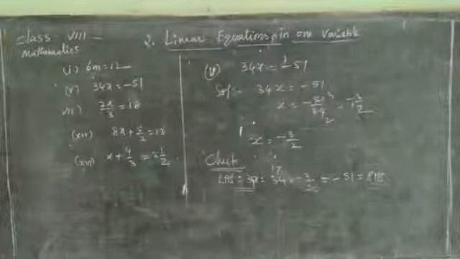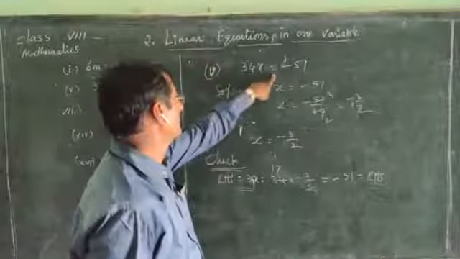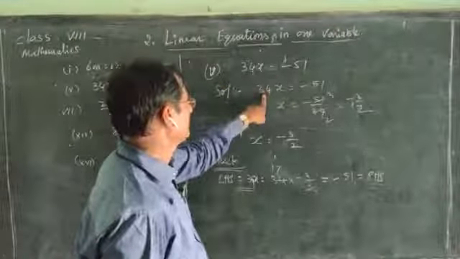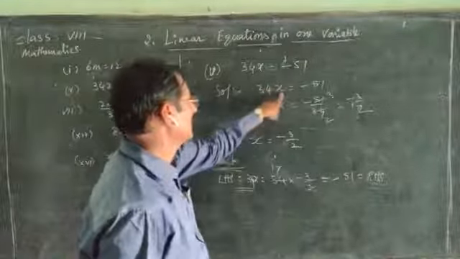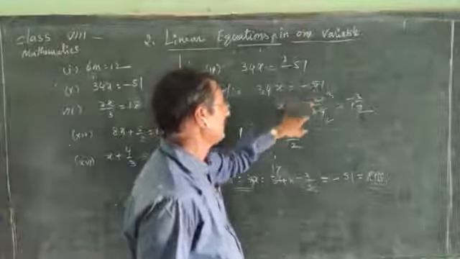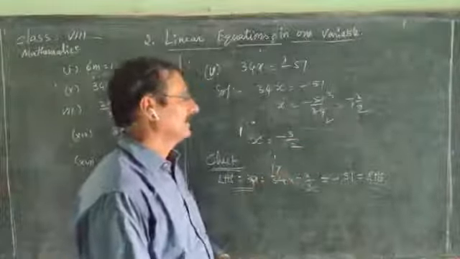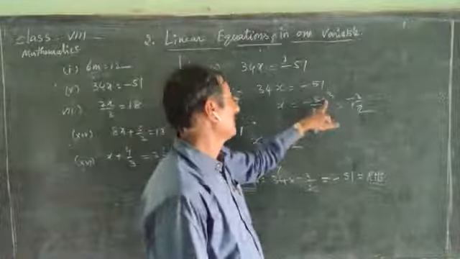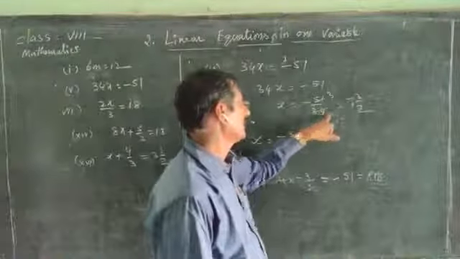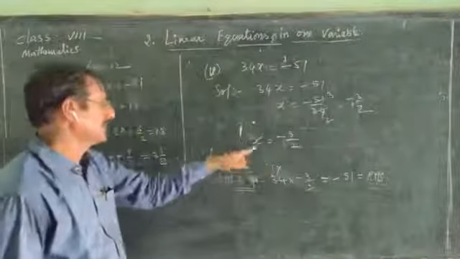Next, once you observe it, second sum, 34x equal to minus 51. Send this 34 to that side, it becomes division because it is 34 into x. Multiplication quantity becomes division quantity. 17 is a common factor in both the numerator and denominator. By division, divided by 17, 17 3s are 51, 17 2s are 34, minus 3 by 2. Then x equal to minus 3 by 2. It is the value of x.